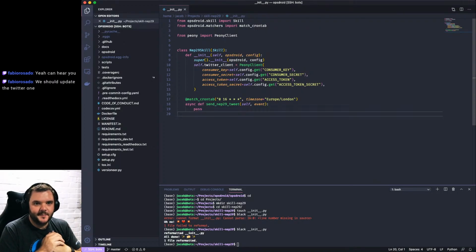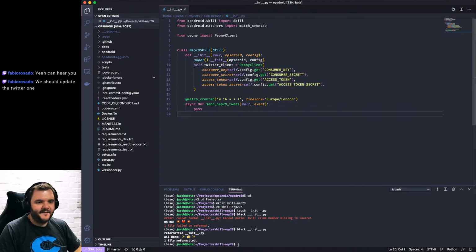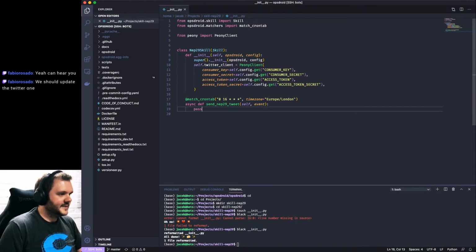We absolutely should update the Twitter connector, but I felt like I was going to rabbit hole even further down there. I've been streaming for like an hour and a quarter, and I'm only at the point where I've just started writing an Opsdroid skill. I didn't want to massively spiral off into actually working on Opsdroid. I'm trying to do a thing that I think would be useful, giving warnings of, oh, we should drop different Python support versions. Anyway,